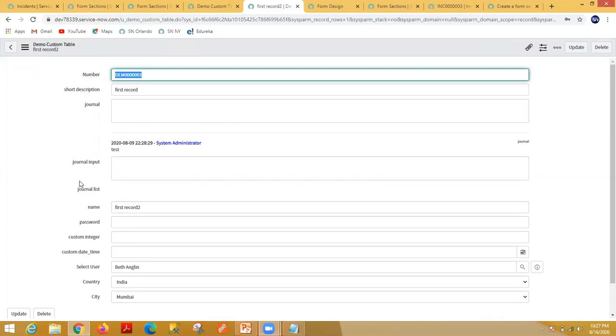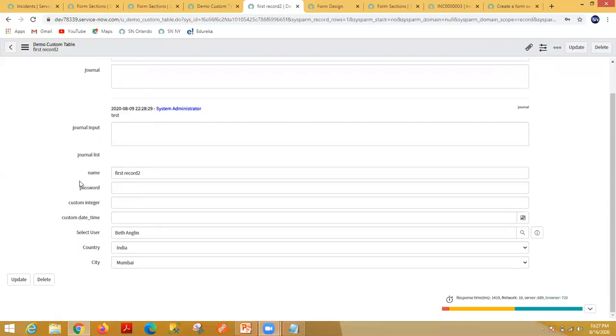Now we understood what the use of form section is. Instead of putting all the fields in one section, it is very tedious to read the fields and get the details of the fields. So what is the best way? Let's say I am the normal end user. If I open the form, I need to understand it. If I want to put my personal information, there should be a different section for personal information. If I want to put my incident or query related information, there should be different sections available for that as well.